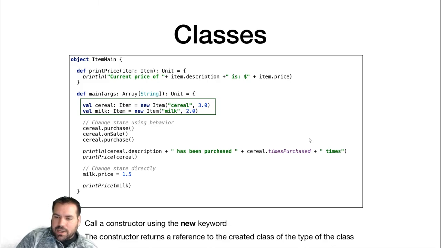Will it keep track of times purchased for each item, or will it just keep track of all the items? It'll keep track of the times each item was purchased independently. So if I have,